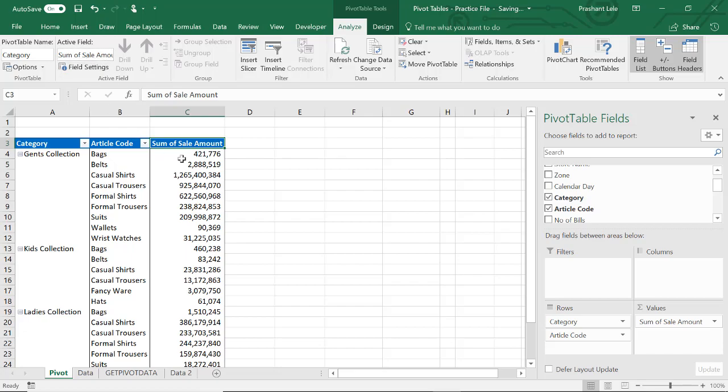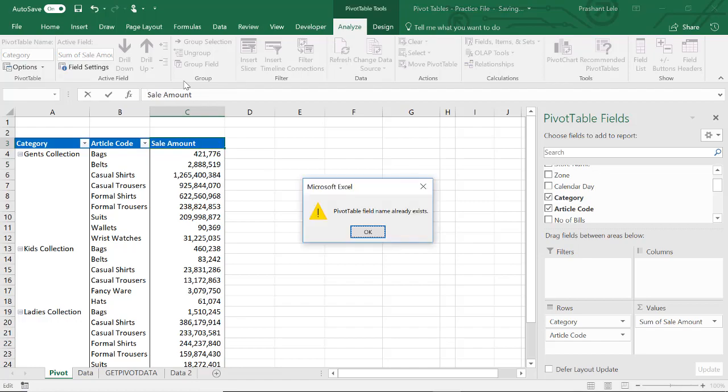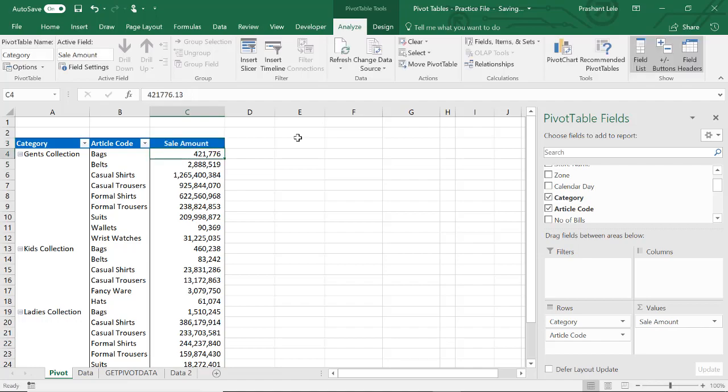See, it is not allowing me to rename it. If I am trying to rename from here, it is giving me an error: Pivot table field name already exists. So to overcome this problem, you can just add a space at the end of the field name. This is a small tip you can use in your work.